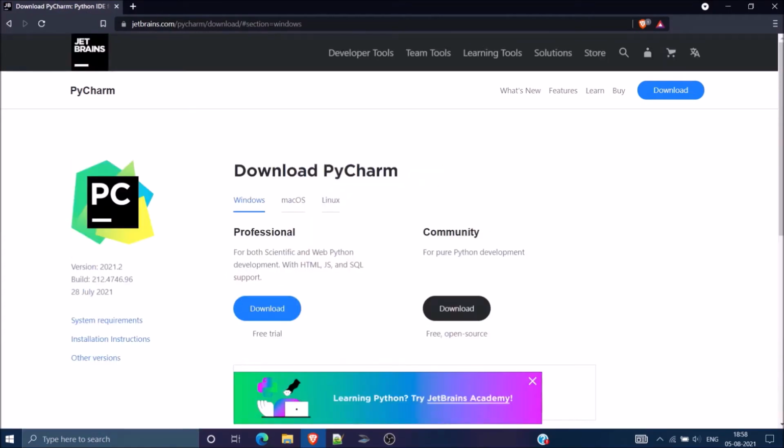2 different versions and 3 different OSs. The 3 different OSs are Windows, Mac and Linux, while the 2 different versions are professional and the community version. While the professional version supports scientific and web development with support for different languages like HTML, JavaScript, community version is purely for Python development purposes. The professional version is paid, and you have to pay a certain amount to get its full release, while the community edition is free. So we'll download that and click on the download button, and I will see you after